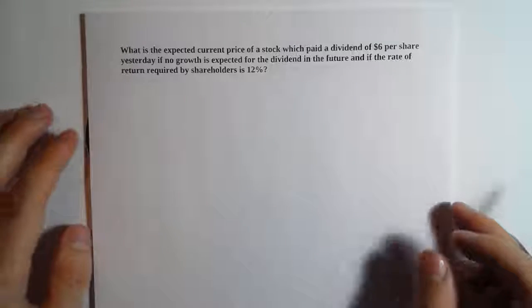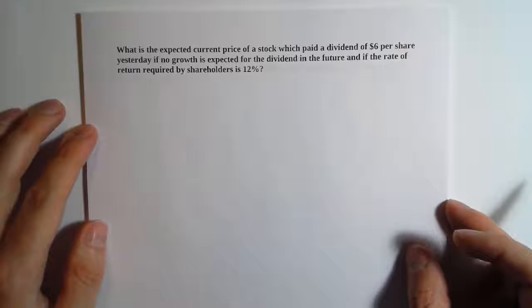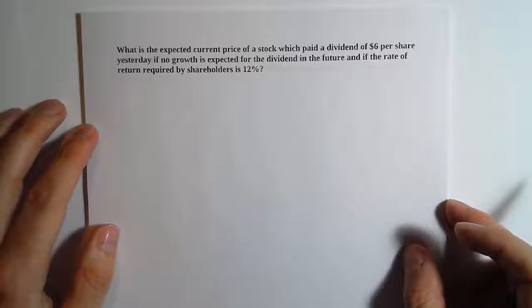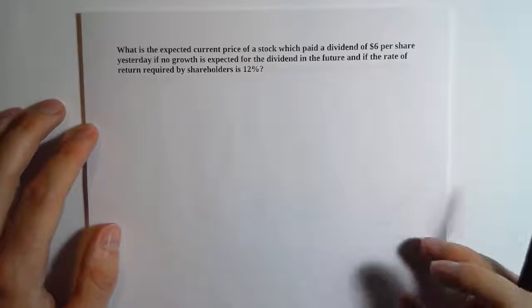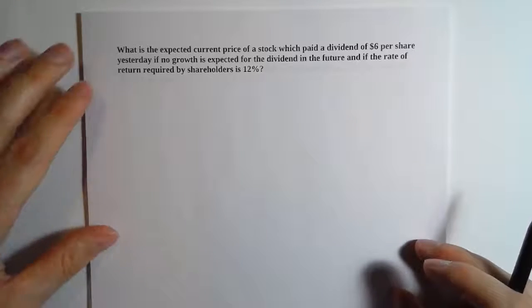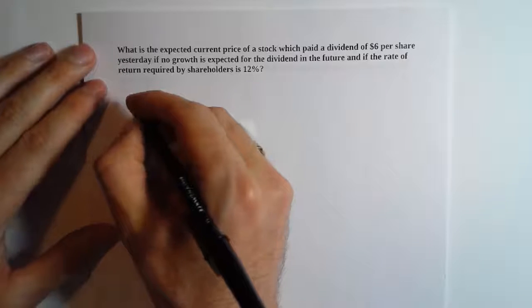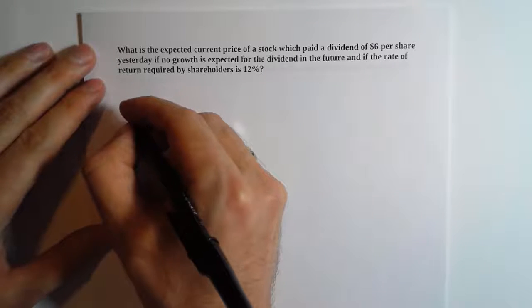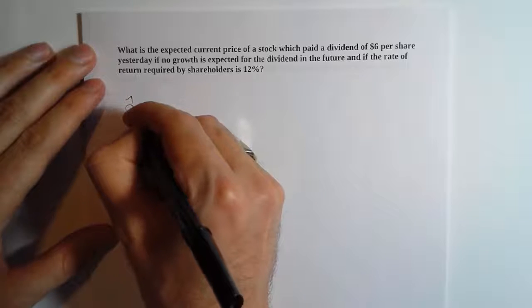So here's our problem. What is the expected current price of a stock which paid a dividend of $6 per share yesterday if no growth is expected for the dividend in the future and if the rate of return required by shareholders is 12%? Well, let's start off by looking at our constant growth formula, which is